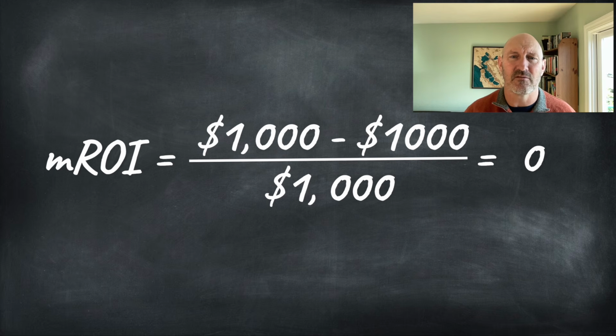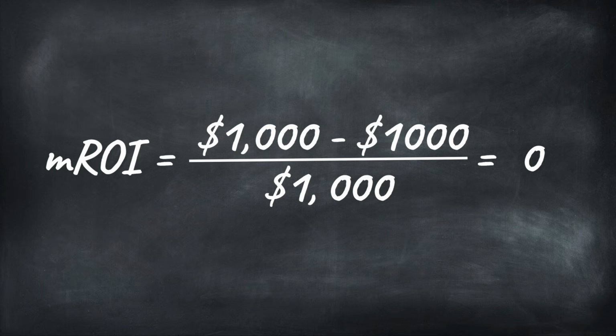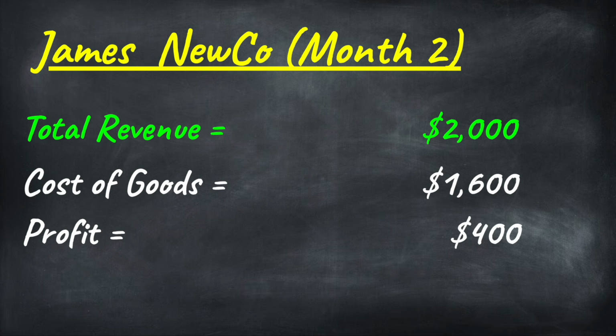Continuing our example, our startup advertiser is spending $1,000 to sell $1,000 worth of goods. But in practice, most businesses have a cost of goods associated with them. So let's say that our fictitious business, it costs $800 to make the physical product to generate the $1,000 worth of sales. This means that the gross profit is $1,000 less $800, which is $200. We can also call this the gross margin. The gross margin is simply the gross profit over the sales, and in this case it's 20%.